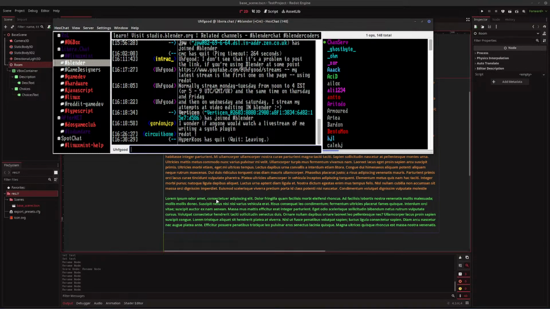Yes, circuit bone, I am using Redot. Of course, I have to look at Godot tutorials because there isn't a lot on Redot right now. Looks like Godot is about ready to hit 4.4 though, so I wonder if they're going to try to keep parity with Godot, or if they're still going to go their own way, or if they're going to wait for Godot to go 4.4 stable before updating Redot. Anyways,